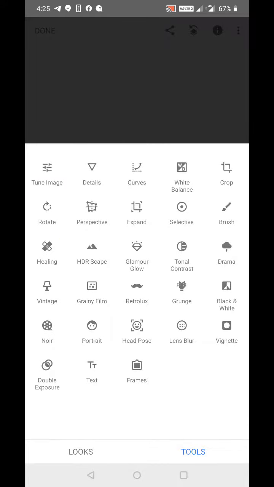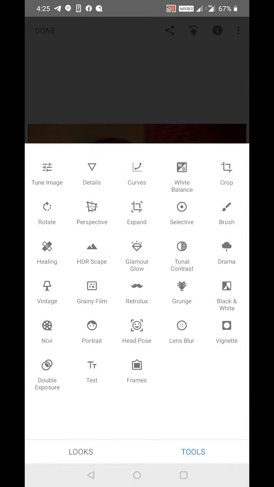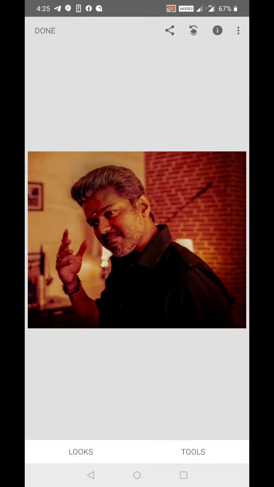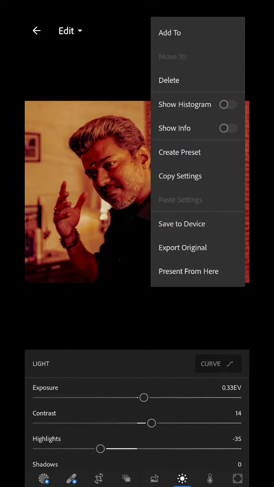If you want to add some filters, you can go into the looks tab. You can do a lot of things, but whatever we do is out of manual edit, right? These have some preset values inside. So if you want to save, go here, tools. This image is already ready, done. All right, it's sent back to your Lightroom. Whatever you edited there is present here. Now you can again go ahead and save